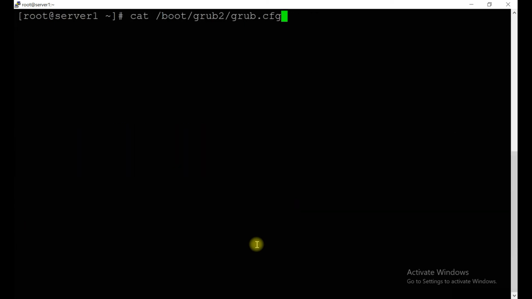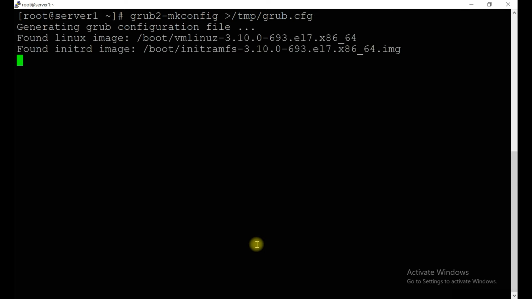Let me see grub2-mkconfig. Oh, the redirection symbol is not there. But before giving this redirection symbol, first check grub.cfg. Sorry, grub.cfg.